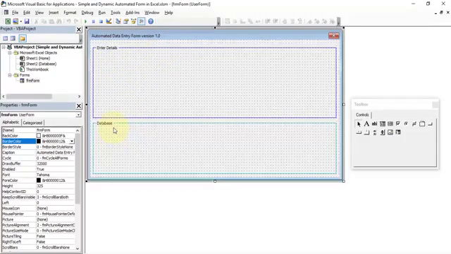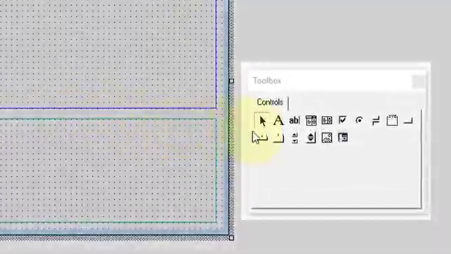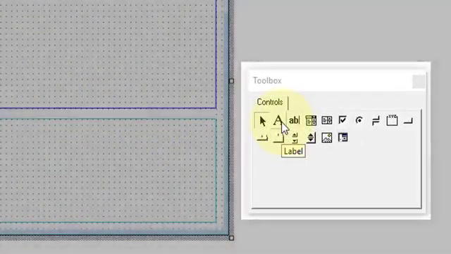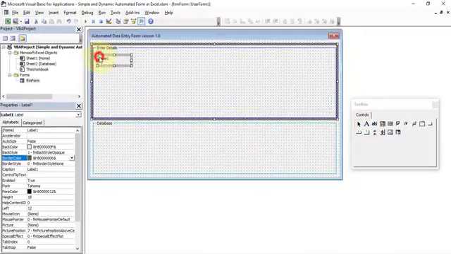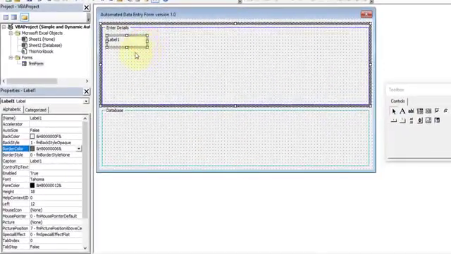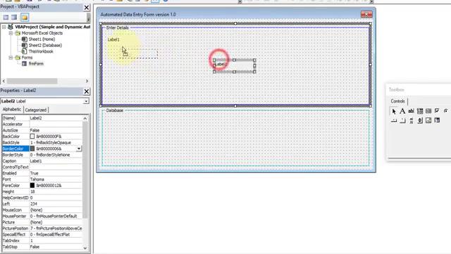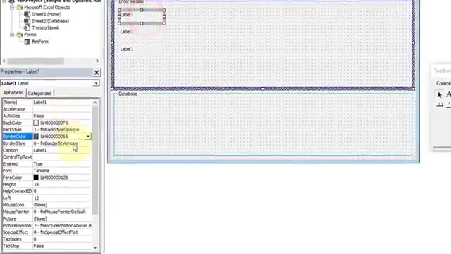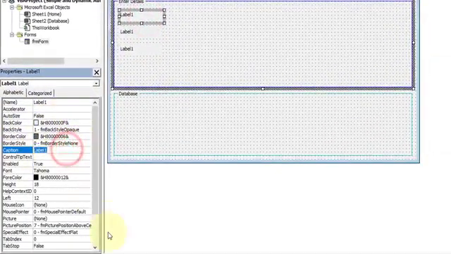Let's quickly start adding the labels. First up, label. We need 6 different labels. This is the first label. Copy this, paste it over here, and let's change the caption of each label.